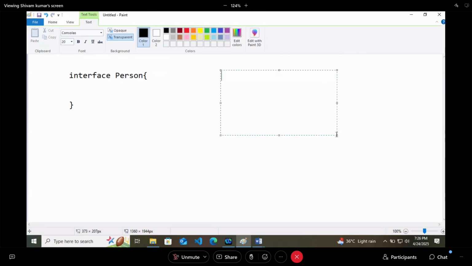Then how does a functional interface look? That will have at least one abstract method. Abstract method means just the method return type and the method name.